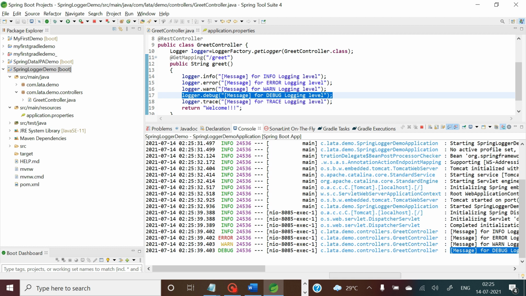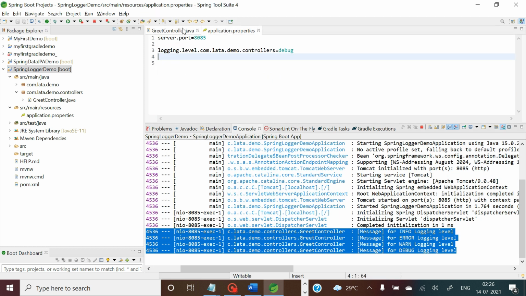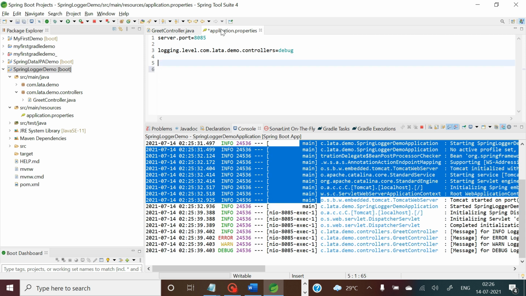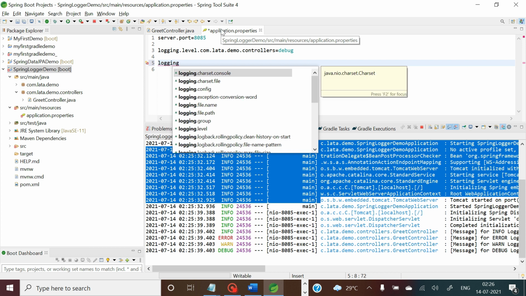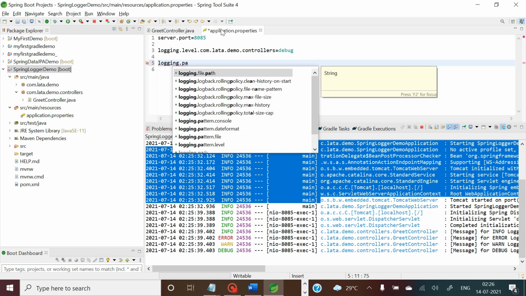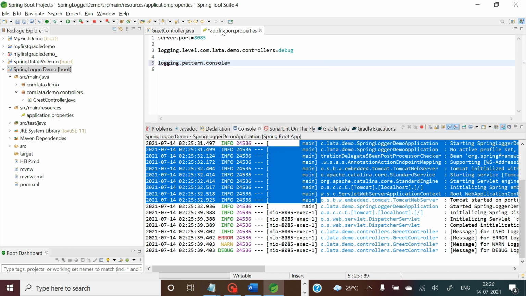But the way all these messages are displayed is different. If you would like to change the pattern, you can change it by providing some pattern based properties in the application.properties file. So how can we define that pattern? We can go for the property logging.pattern.console, and here you can define the pattern.